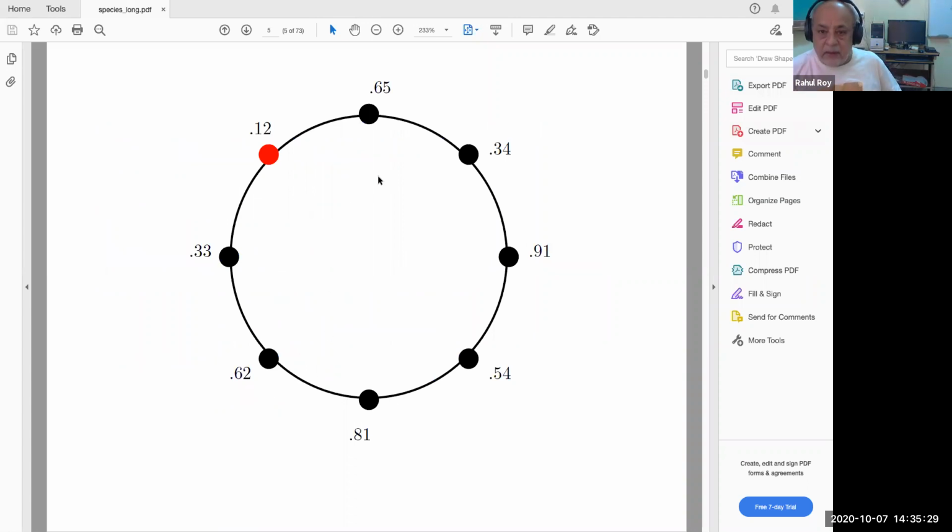So here's a pictorial description. So 0.12 here is the one with the least fit. So what we do is we change the 3 of them, and now the least fit becomes 0.34. Okay. And well, I chose these numbers purposely because at the next evolution, you'll see that the 0.91, this is the most fit species, this also gets changed. Okay.